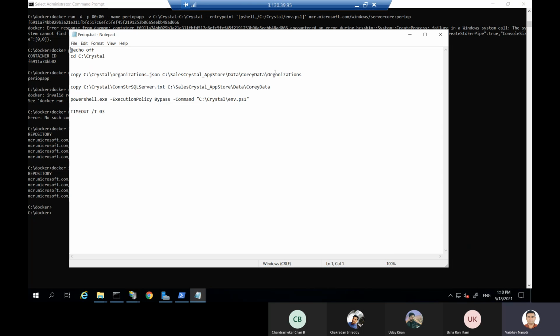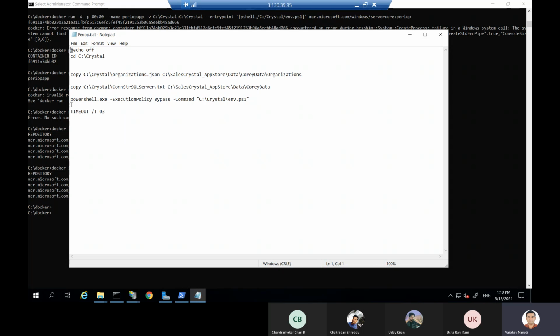So my SQL database connection should be different customer-wise. Again, my SQL connection server text, that is the way I showed you, and also the JSON file which has the organization structure. We have a couple of organizations, so they have to be modified, and according to that the organization is going to be created in the period. I have put these two files outside the containers or Docker image, you can say.